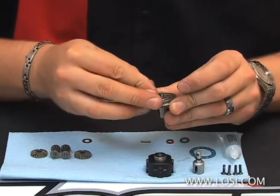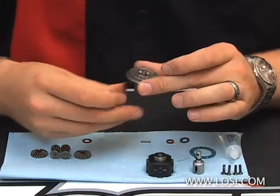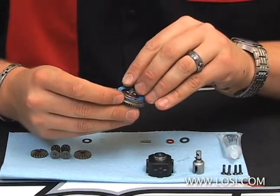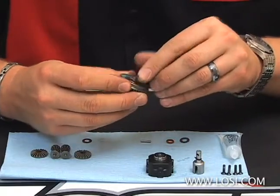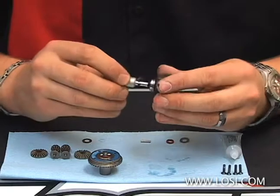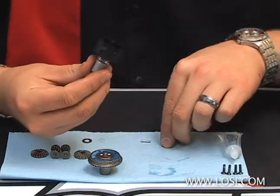So the next step, you'll apply the pin and the gasket, making sure with the gasket that you line it up to the holes in the ring gear, and then do the same thing with the diff housing side. Put the outdrive in, work the grease around,